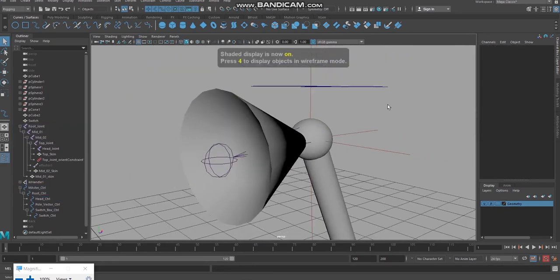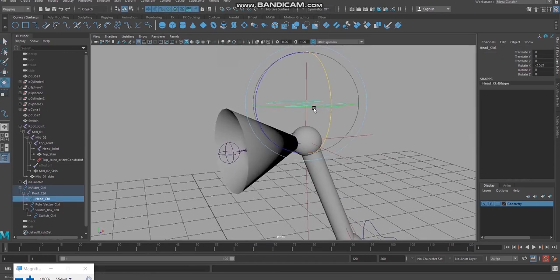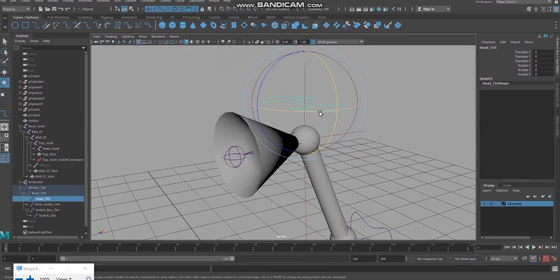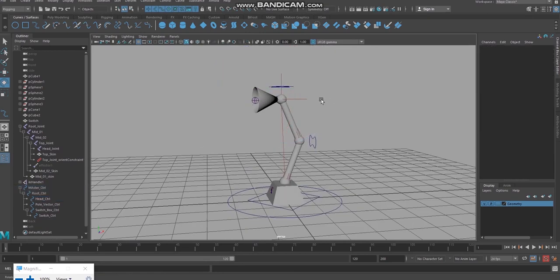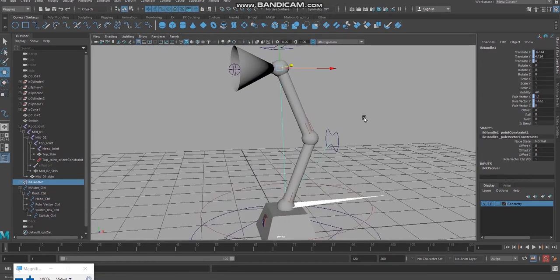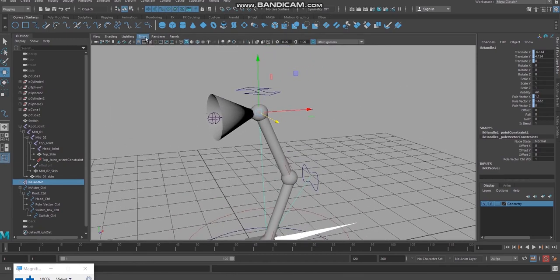Now if I select this controller, you can see my head is rotating. I don't need the IK handle, it is disturbing, so I'm going to turn it off.